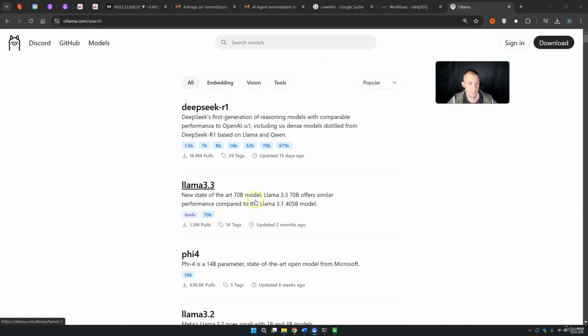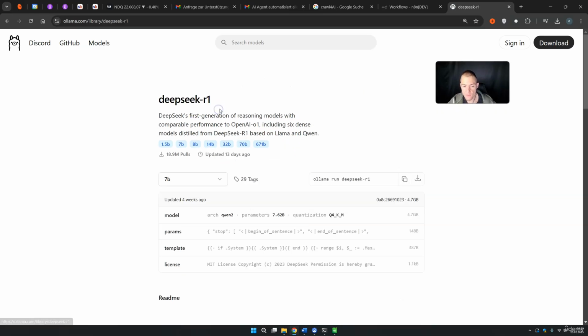You see, you have a lot of different options even if you just use one model. I want to make this example with DeepSeek because everybody loves DeepSeek nowadays. You see 18.9 million pulls in just 13 days. This is completely nuts. Llama has 1.3 million pulls in 2 months. Let's just press on DeepSeek. Now I want to show you what model you should choose. Generally speaking, the higher the parameters, the stronger the model. The smallest model has 1.5 billion parameters. The next model has 7 billion parameters, then 8 billion, 14 billion, 32, 70B, and